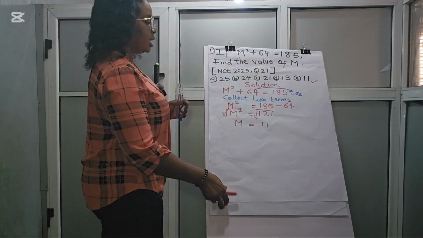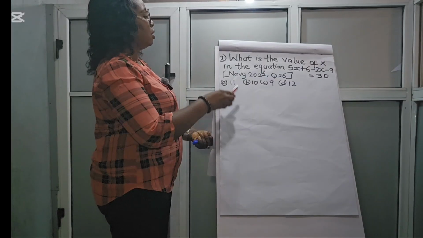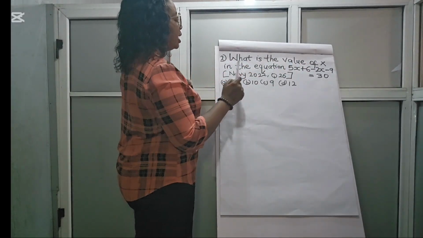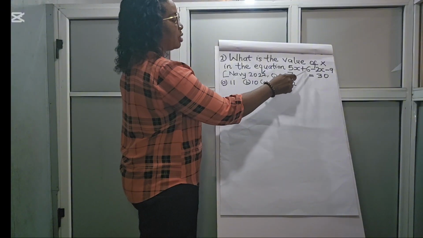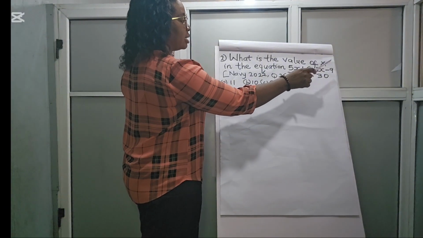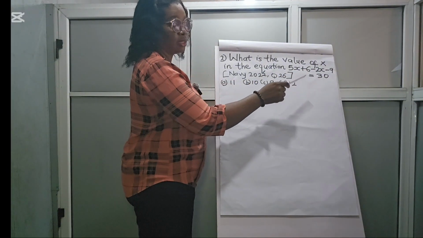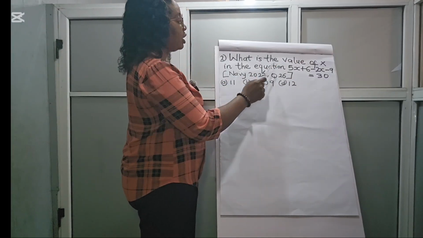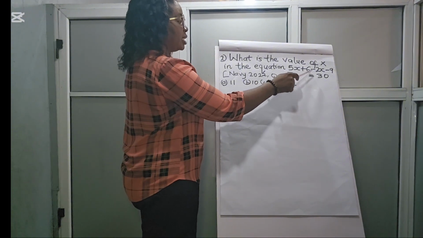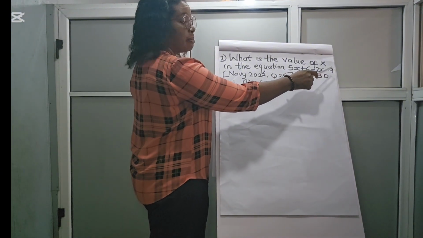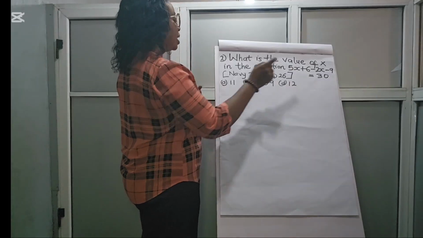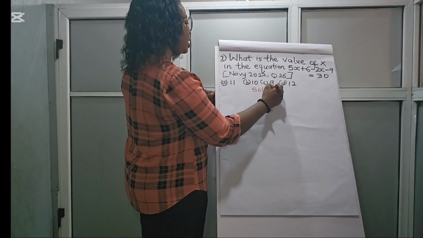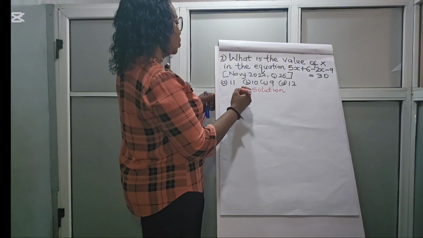Option E. The next question, question 2, says, what is the value of x in the equation 5x plus 6 minus 2x minus 9 equal to 30? This question was drawn from Navy, year 2022,